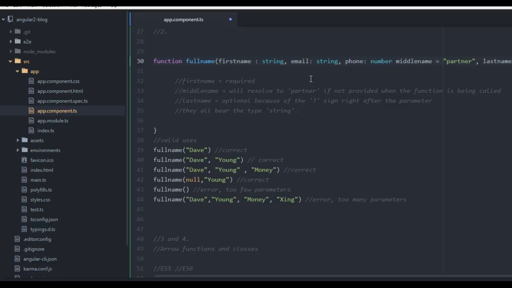What if it was an array? We can say maybe we have phone numbers or phones. We can enter the type to be array of numbers. What if it was an object? We can just enter the type to be object. So this is how to use methods in